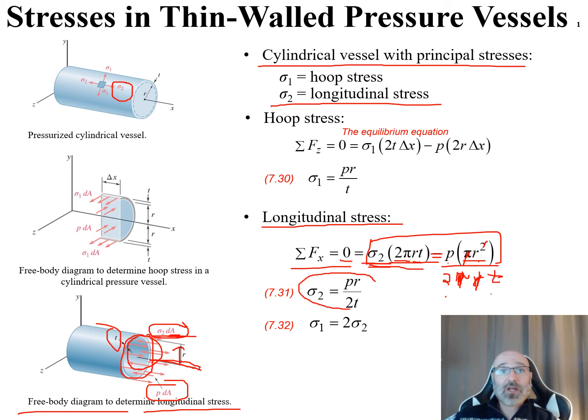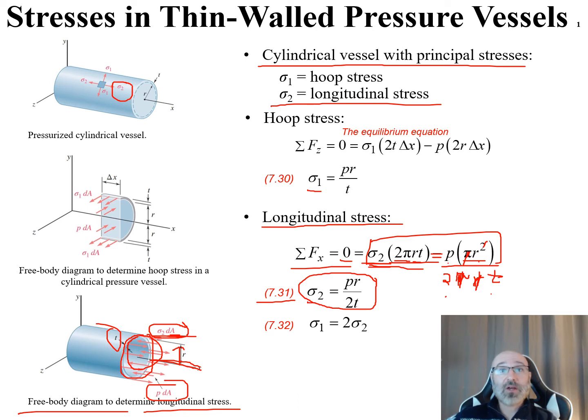that we have right here. Sigma 2 is equal to PR over 2T. And again, that comes from our free body diagram, equilibrium equation, rearranging and simplifying, and we come up with our equation 7.31. So now we can see that there's going to be a relationship between our sigma 1 and our